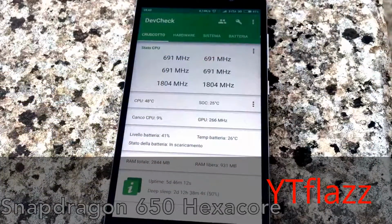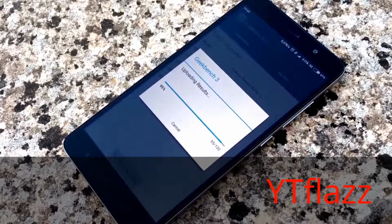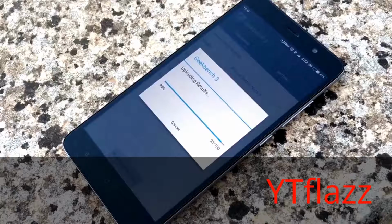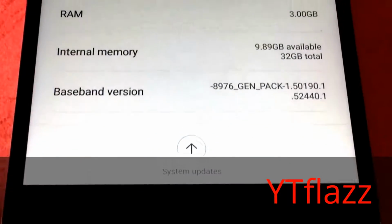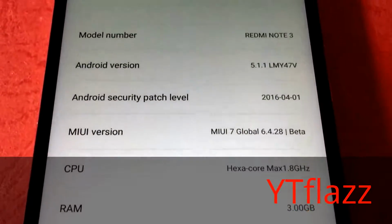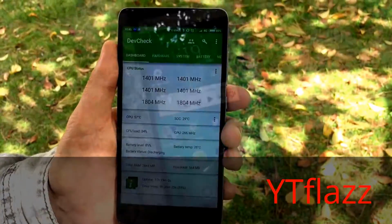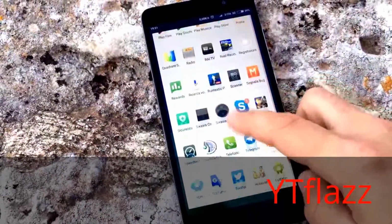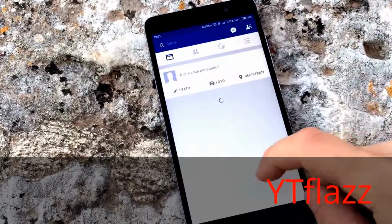Under the hood there is a Snapdragon 650, a very interesting 28nm processor. The CPU is a hexa-core with a high-performance dual-core Cortex-A72 running at 1.8 GHz and a highly energy-efficient quad-core Cortex-A53 at 1.4 GHz. The interface is always buttery smooth, and the phone is extremely fast in every task you throw